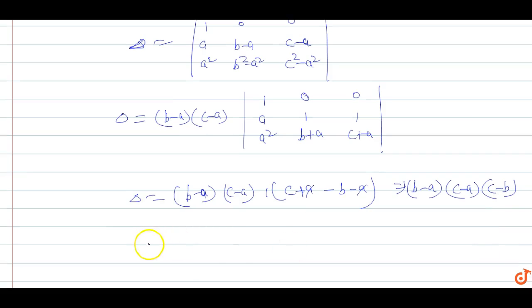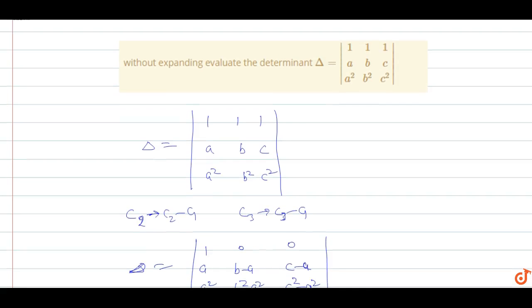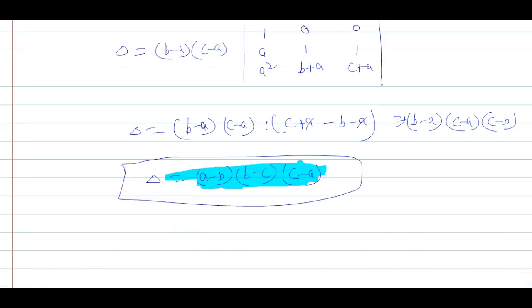Okay, और we can write it as, delta value comes out to be, इसमें माइनस कॉमन लेंगे तो हो जाएगा a minus b, माइनस आगे और इसमें से माइनस कॉमन लेंगे तो माइनस प्लस हो जाएगा, ये हो जाएगा b minus c and this is c minus a. Okay, so the value of this determinant equals a minus b into b minus c into c minus a. So by using the determinant property, value of this determinant equals a minus b into b minus c into c minus a. Okay, so this is the answer for this question.